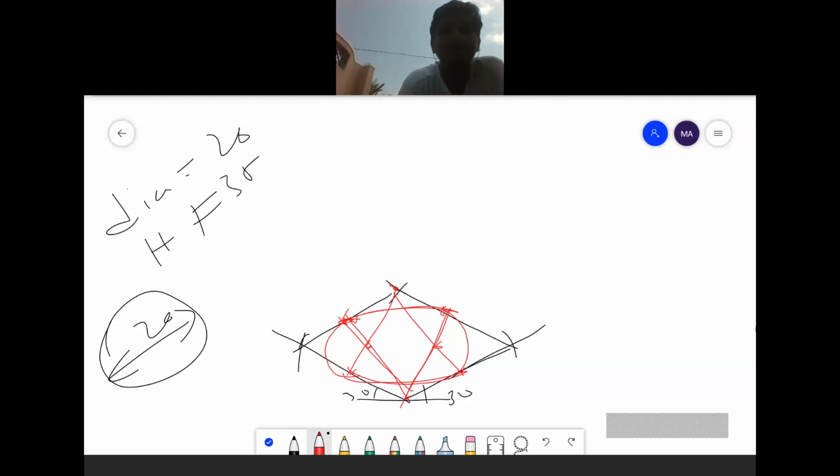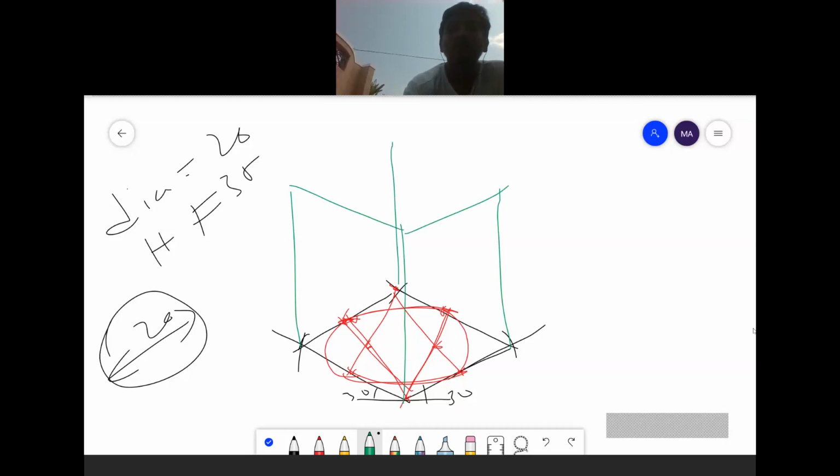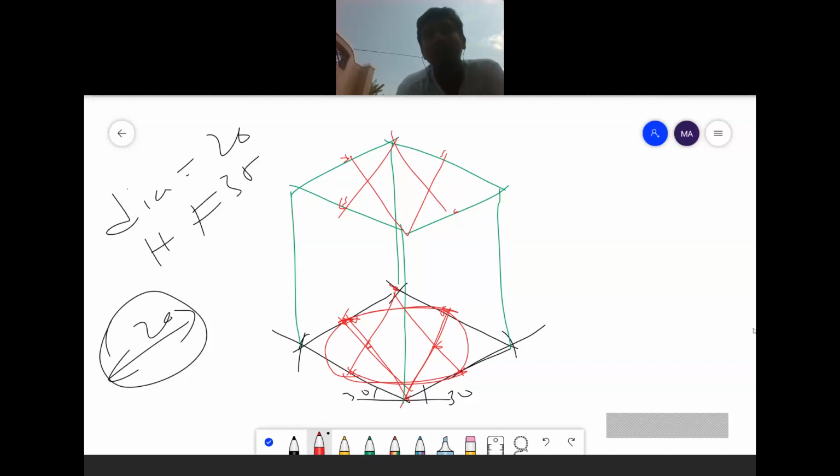After that, here he has given height as 35 mm. With the given height of 35 mm, I am extending this one to 35, this one to 35, this one to 35, and joining these two, and again this one to 35, joining this one. Understand? After that, again I will mark the centers at 10 mm and using the four center method, from the top vertex to the centers and from the bottom vertex to the centers, we'll join the lines.